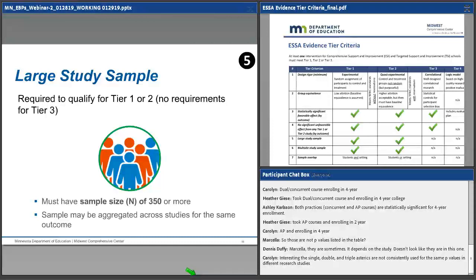So specifically, a large study sample means that there's at least 350 participants in the study. I'm going to show you how to find that in the online resources, but one important point I'll make here is that